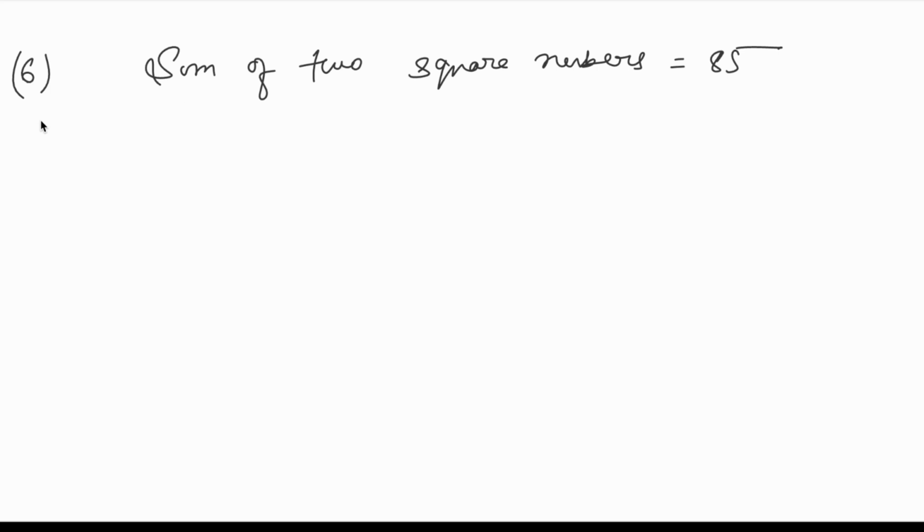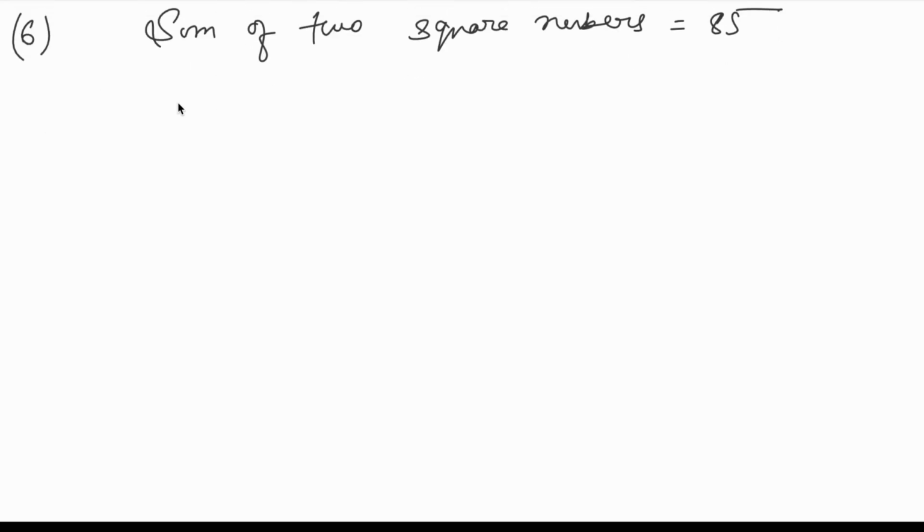Okay, so the sum of two square numbers is 85. Given in the question, the sum of two square numbers equals 85, and the first pair